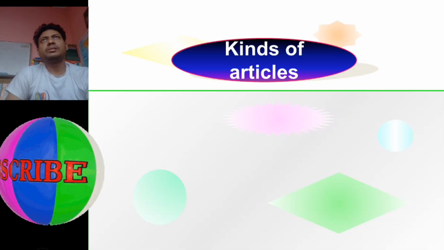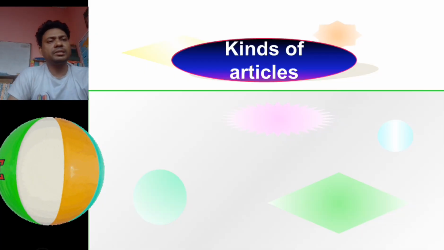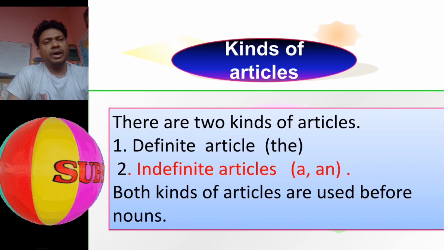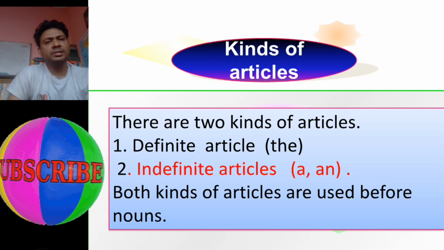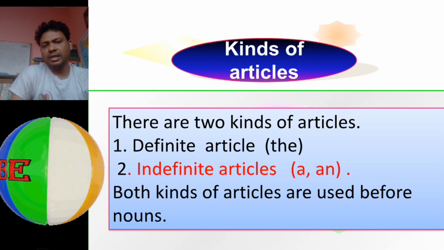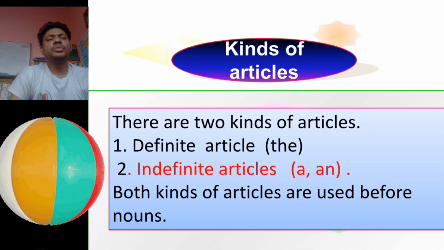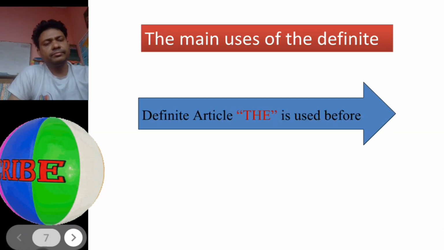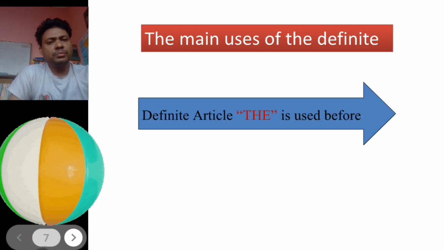Two kinds of articles. Now, we know about kinds of articles. There are two kinds of articles, definite articles and indefinite articles. Definite article: the. Indefinite articles: a or an. Both kinds of articles are used before a noun. The main use of the definite article: the definite article is used before